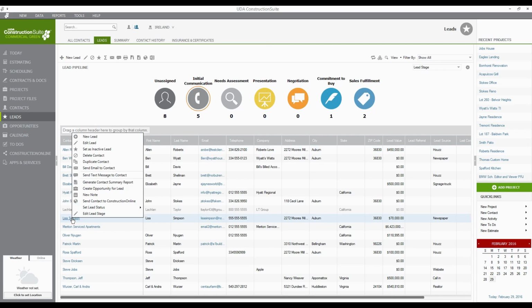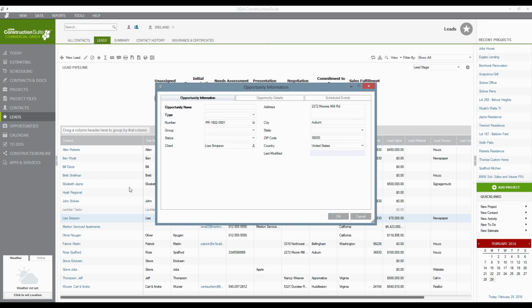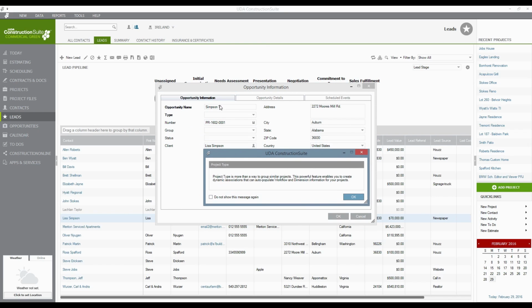list, right-click on that lead, and there's going to be an option to create an opportunity for the lead right here. Now, when you're creating an opportunity from a lead, it's going to try to pre-populate as much of the information as it can based on that lead's detail. Of course, it selected the client, Lisa Simpson, used her address information for this job's address information. If you want to stick with that, you certainly can. And then you'll be able to go through and assign an opportunity name or a project name and a project